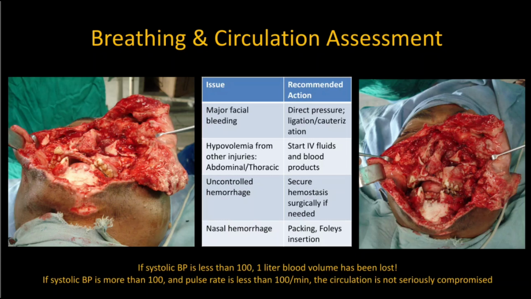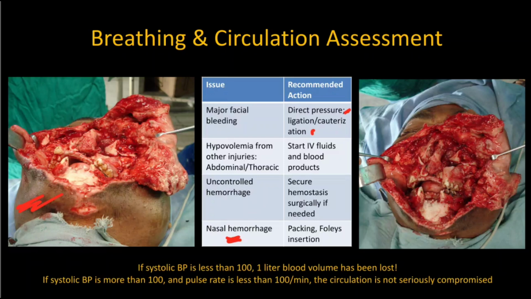The next important thing is breathing and circulation assessment. Now in severe facial trauma like these, major facial bleeding must be controlled either by direct pressure or by ligation and cauterization. In case there is excessive nasal hemorrhage, nasal packing should be considered, or Foley's catheters can be inserted intranasally, inflated, pulled forward, giving pressure over the posterior nasal wall and tied over the columella to